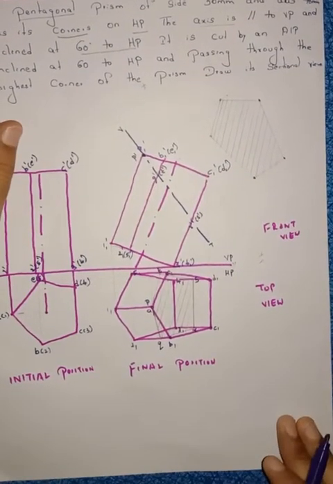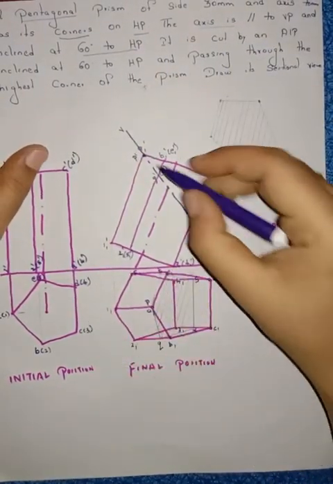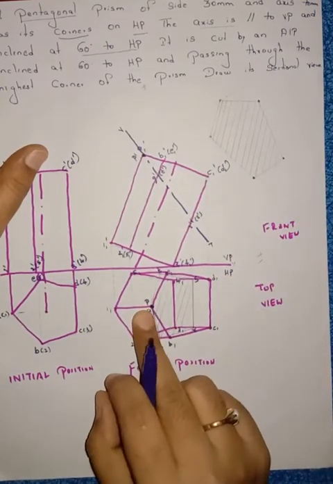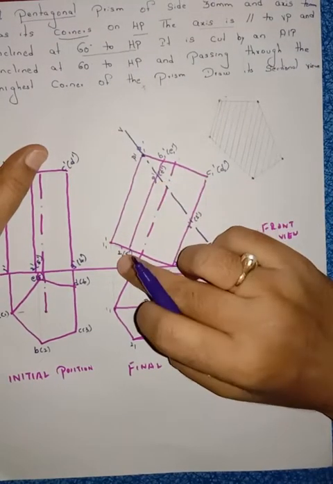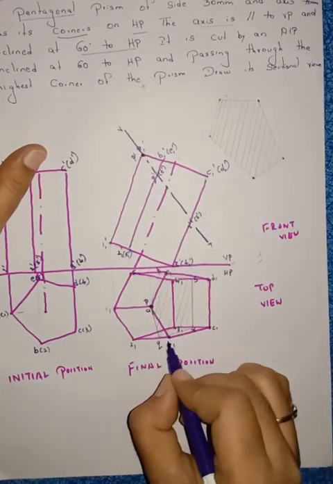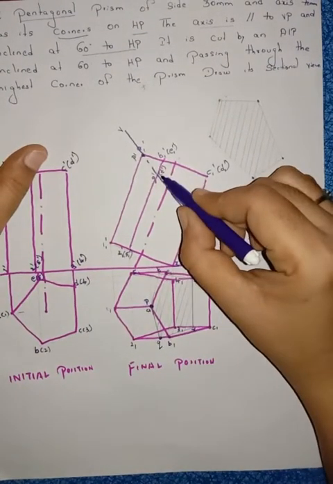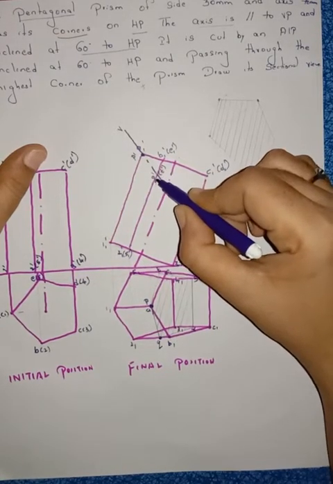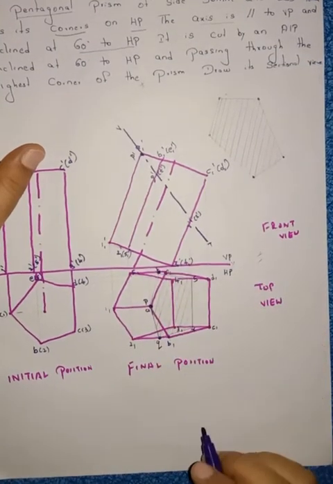Mark the points properly. After marking points, what we have to do? You have to project that one. You know this. From P, draw a straight line. At A point, you will get P. Right? Again from Q, T. See here, Q is in between 2 and B. So from Q, if you draw a straight line in between 2B, mark the point Q. Right? Next point is T here. In between 5 and E, you have to mark the T point.